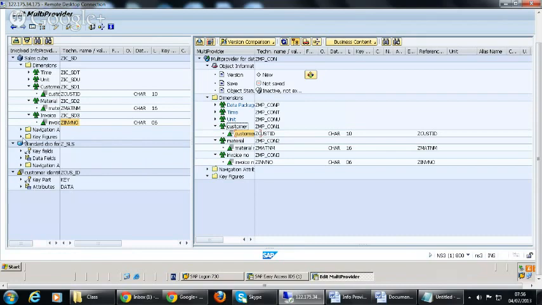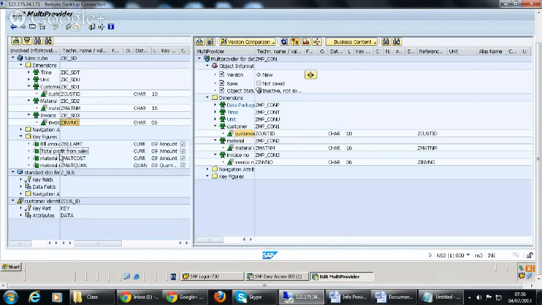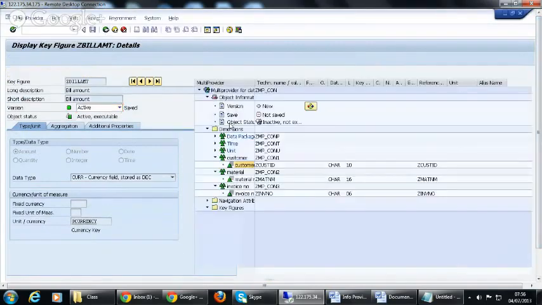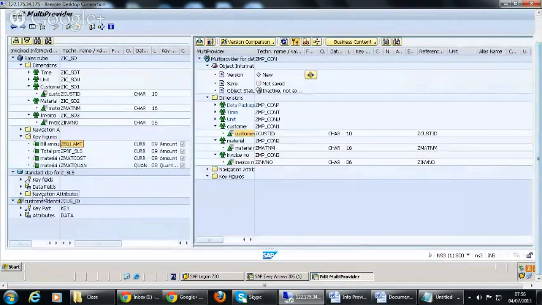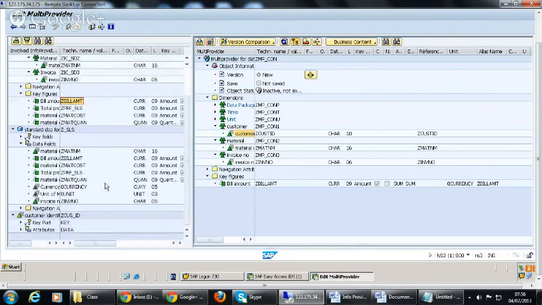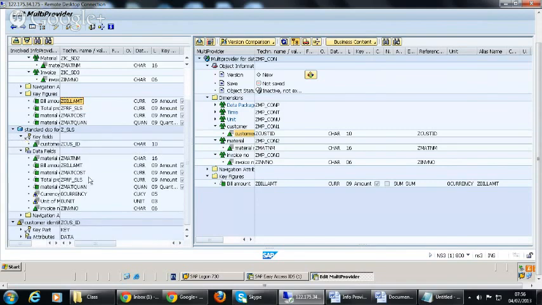And then now we need key figures. So let's take the key figures from here. So you can navigate the data store object. Here we have key figures and all the other key fields and data fields.